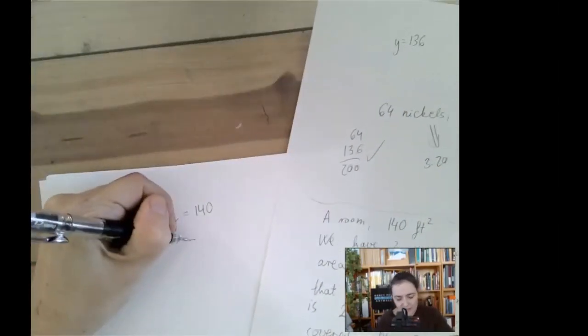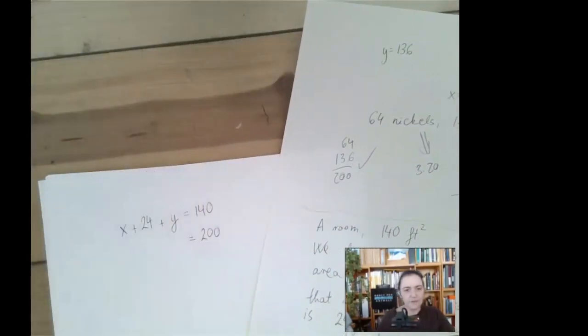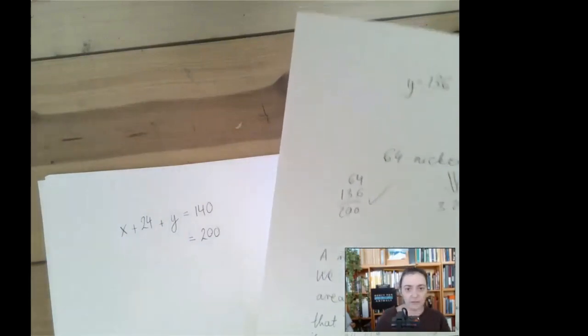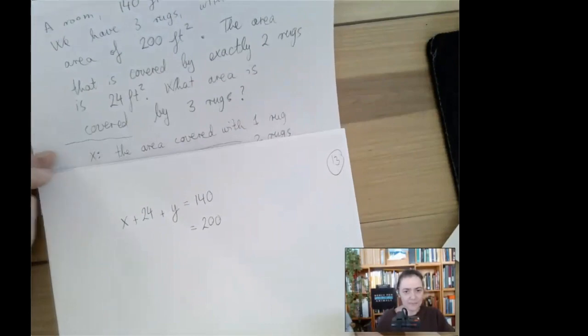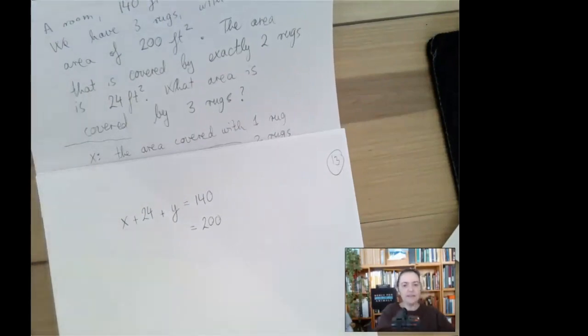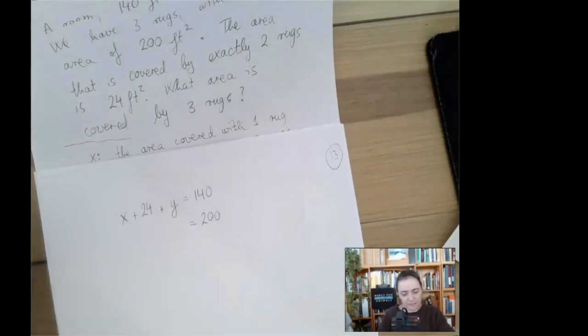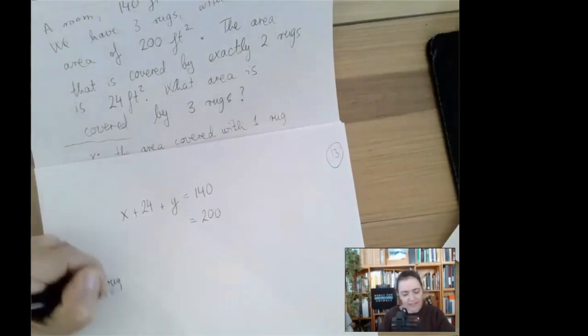Now, let's say we want to express the total area of the rocks. Now we're counting not floor area, but rug area. And I think it goes like this. If we remove the rocks and just lay them next to each other, we would get 200 square feet, right? But some of them are on top of each other. So what we can count is, I called it rug area,